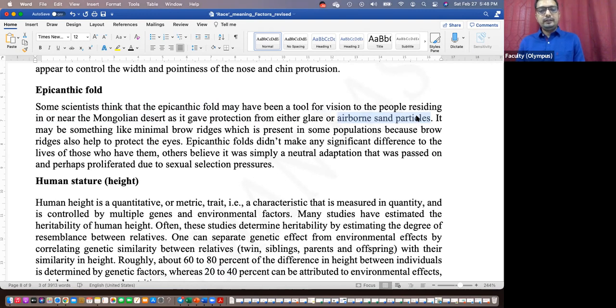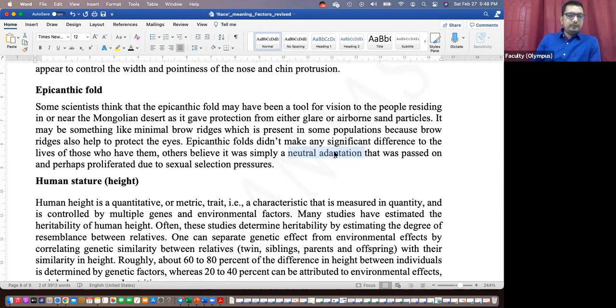Okay, like that. Even brow ridges. Some people actually have some variation in the brow ridges. They are also providing some sort of protection like this. But overall, we don't have a clear understanding of the genetic component. Seems like environment is playing the role. I don't think people with only the epicanthic fold are surviving better in these regions. May not be the case. So sometimes it is considered to be a neutral adaptation without much benefit. So we don't know more than this related to that.